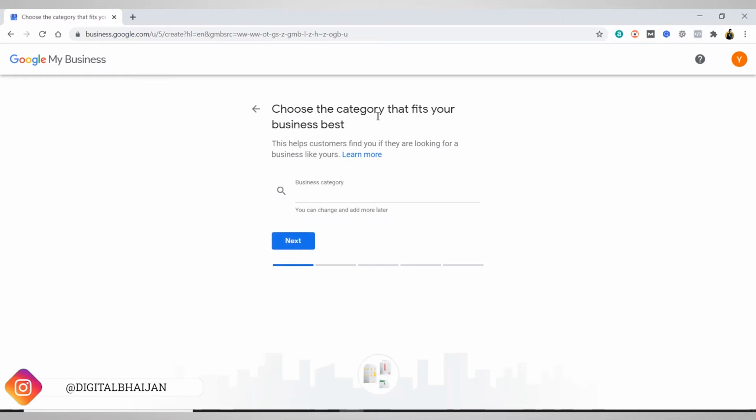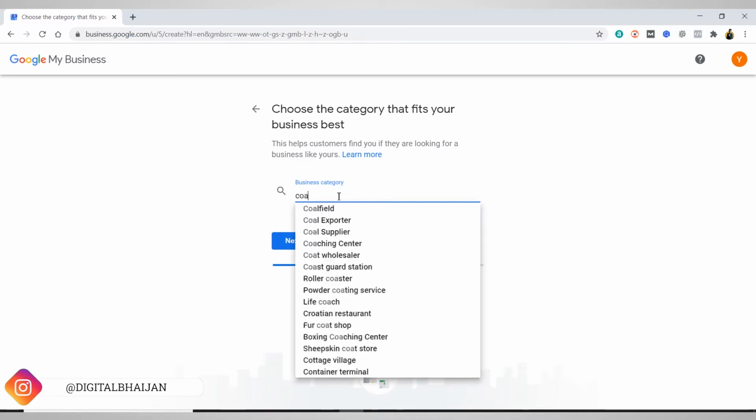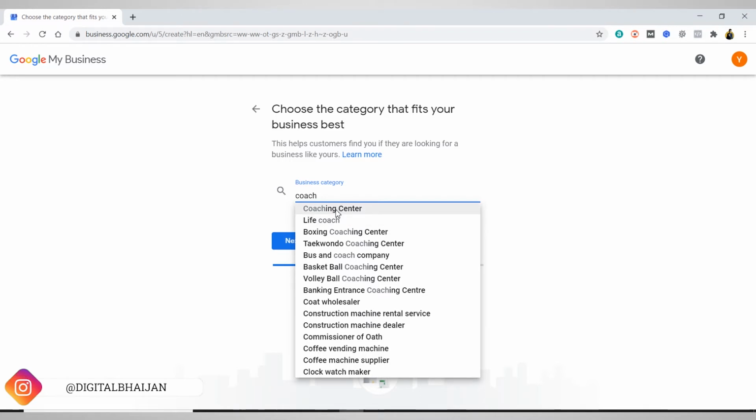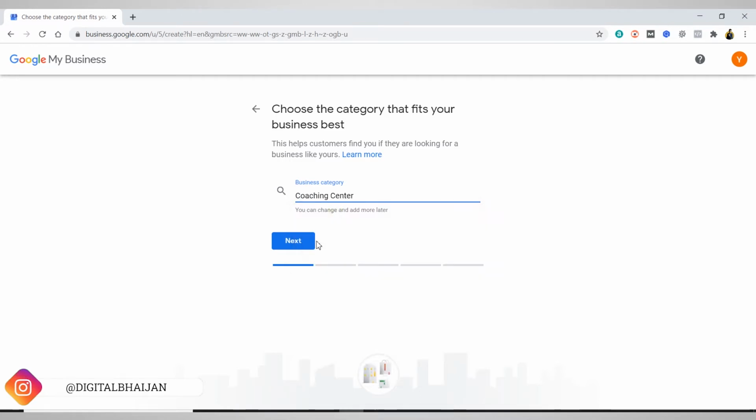Now it is asking to choose the category that fits your business best. You need to choose a category; type a few keywords here. Let's suppose I am running a coaching institute or coaching center. So just click on coaching center, and you can type anything here according to your needs.